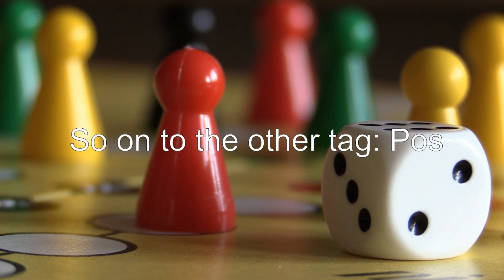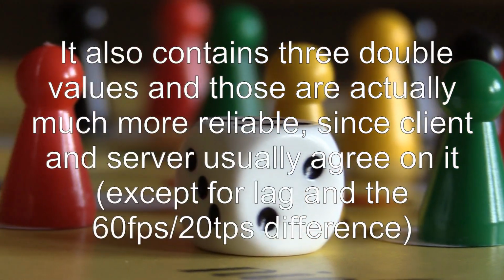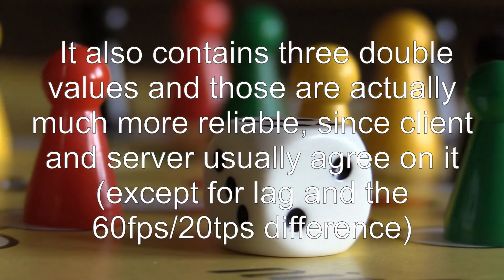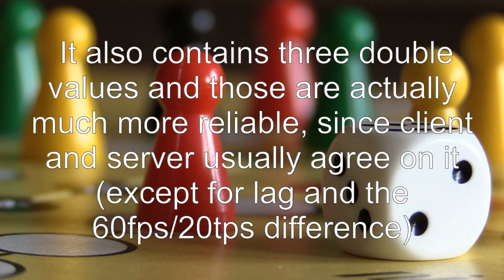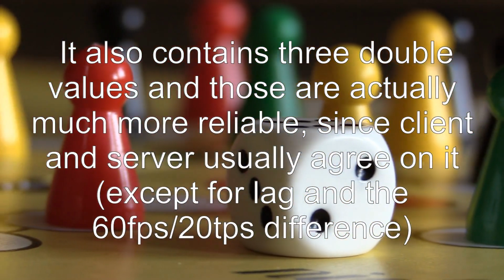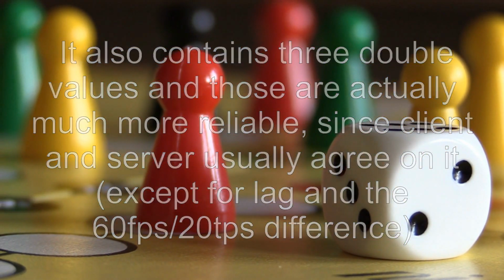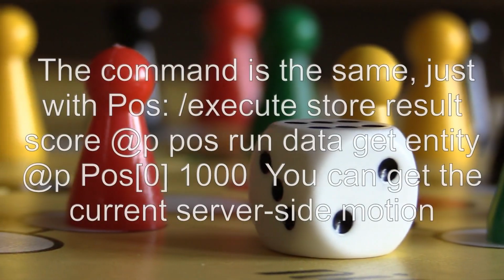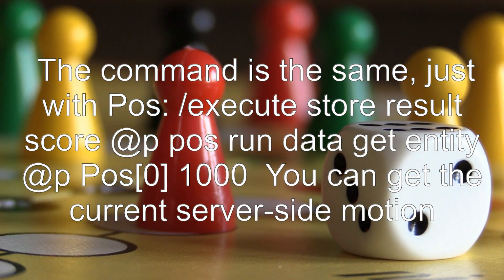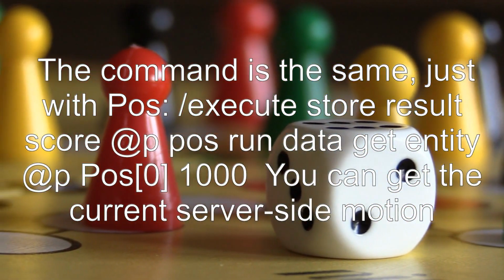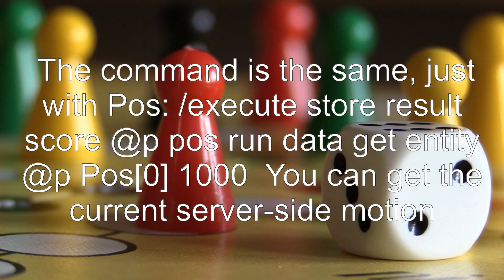So on to the other tag, Pos. It also contains 3 double values and those are actually much more reliable, since client and server usually agree on it, except for lag and the 60 fps, 20 TPS difference. It also works while flying, gliding, etc. The command is the same, just with pos: execute store result score @p pos run data get entity @p Pos[0]